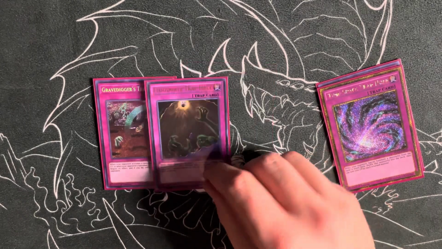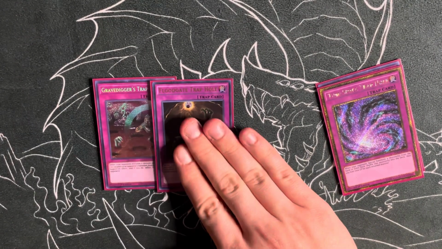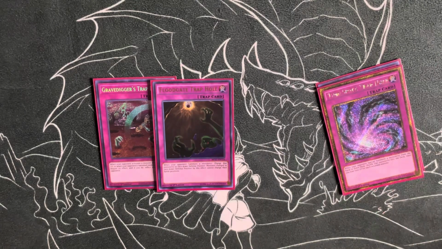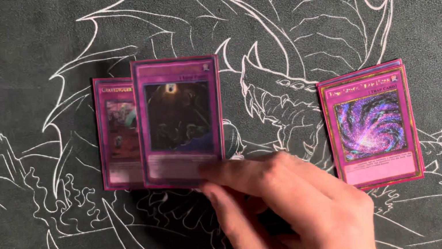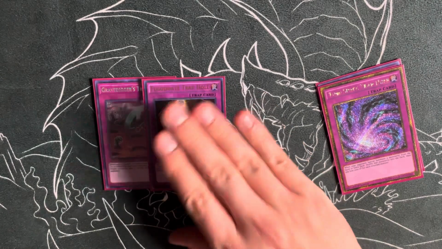Floodgate, I feel iffy on Floodgate, specifically in pure TRAPTRIX, because pure TRAPTRIX aren't as good at putting pressure on the board, putting big damage and running over things. Whereas in the other variant, you have Arlecchino, which can just be a 2600 body. It's going to clear most things in defense mode. You have Ecclesia, which can get you to Fleur-de-Lis, and that's going to be a 3,000 beater in the battle phase, so that's probably going to clear something. So it's much easier to beat your own Floodgate in that variant,